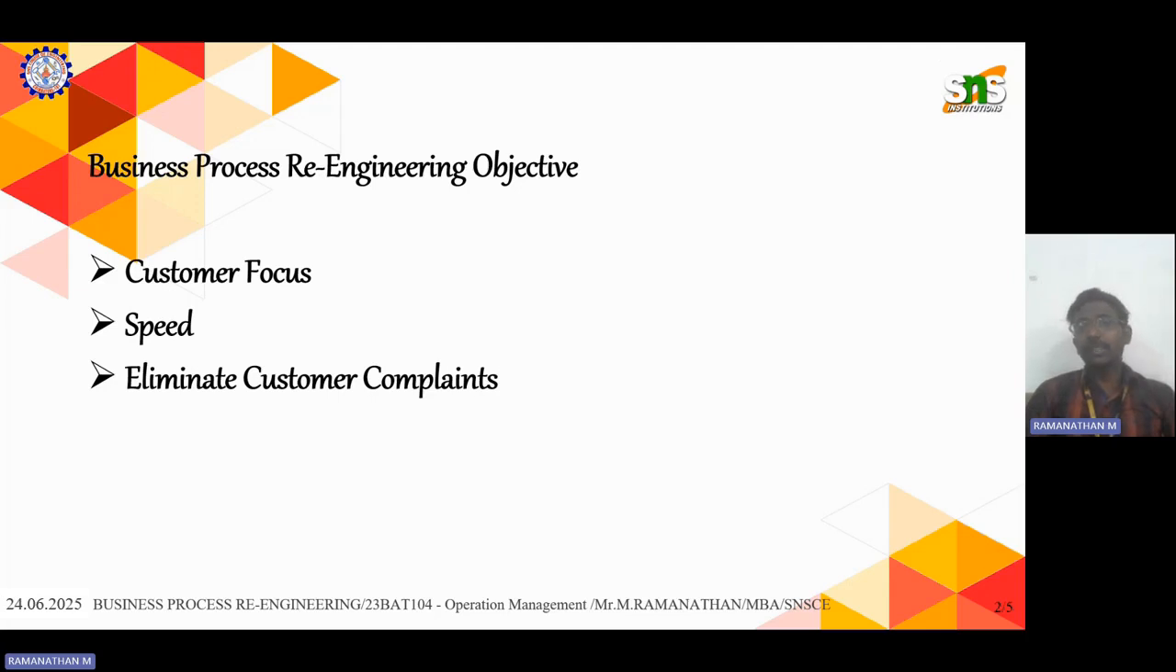Next is eliminating customer complaints. That will never happen. Always the customer or consumer will look for new things. They will be looking for certain new things in the product and so on. So completely we can't nullify or eliminate the complaints. We have to take those things and positively work on the product as well as the process,